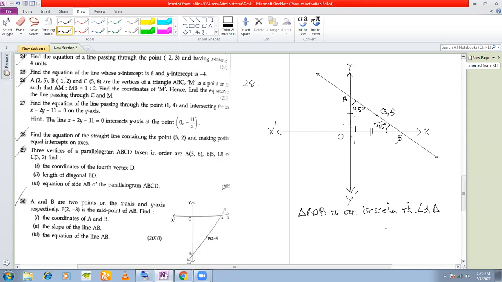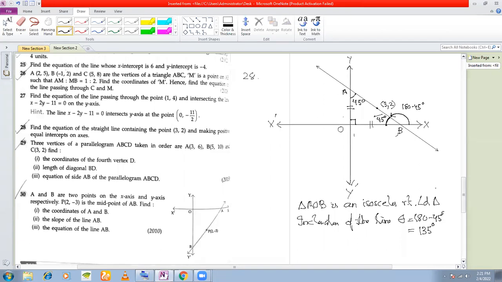Now, once I get this angle to be 45 degree, that means the angle that this straight line makes with the x-axis is 45 degree, but this is not in the positive direction. So which is the positive direction here? This one is the positive direction, right? So how much will be this angle? 180 minus 45, right? So what can I say? Inclination of the line theta is how much? 180 minus 45, right? Which is equal to 135, right? Okay, 135 degree is the inclination of this line,